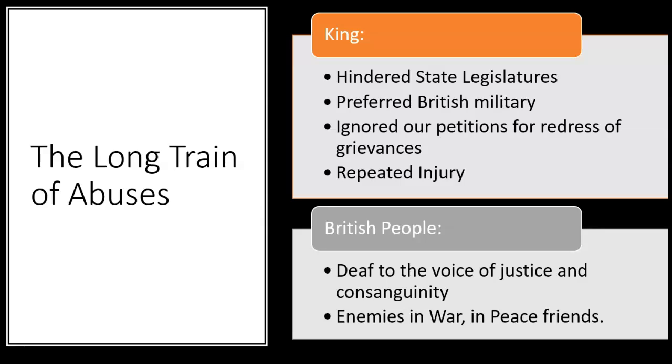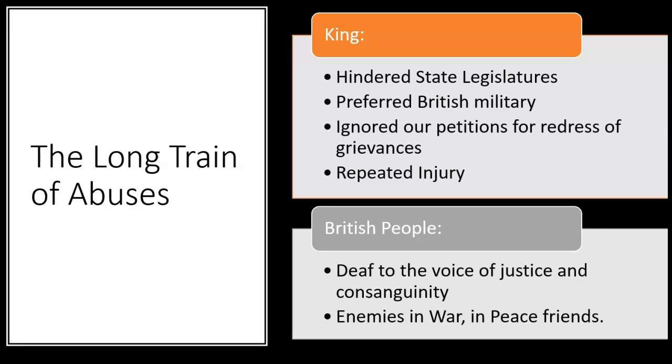In other words, the people of England have stood by as the king takes on these tyrannical measures, and they have said nothing. So they have appeared to be deaf to the voice of justice. As all of this long train of abuses has been coming down the pike, they have said nothing. And the voice of consanguinity is, we are brothers. Why did you not come to help defend and stand up for your brothers on the other side of the